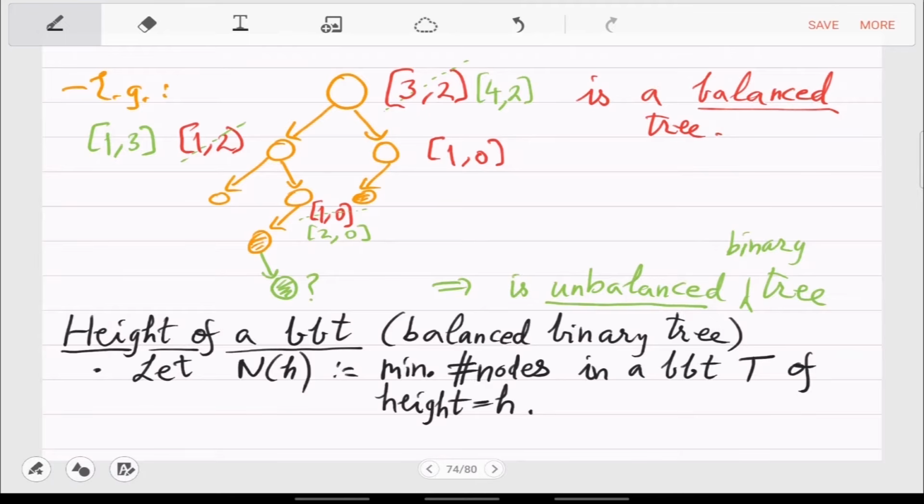Height exactly h. So for height h, what is the minimum number of nodes that your balanced binary tree can have?